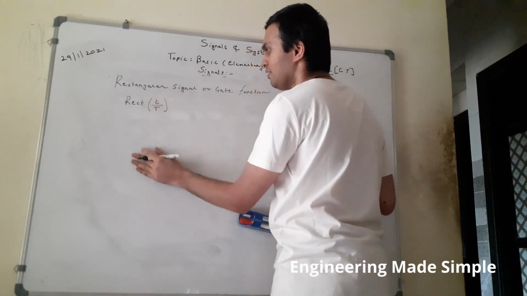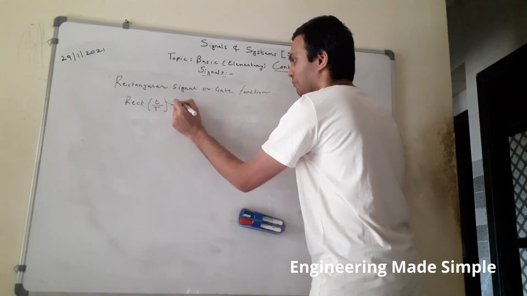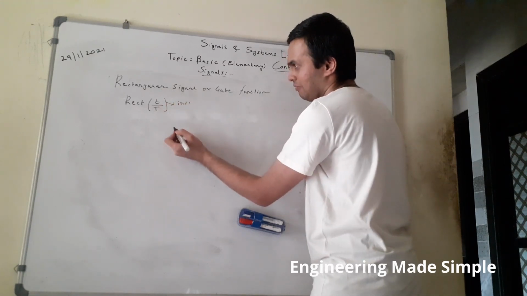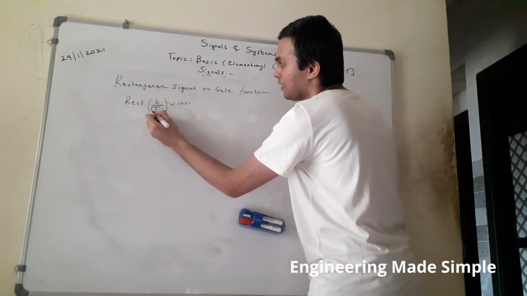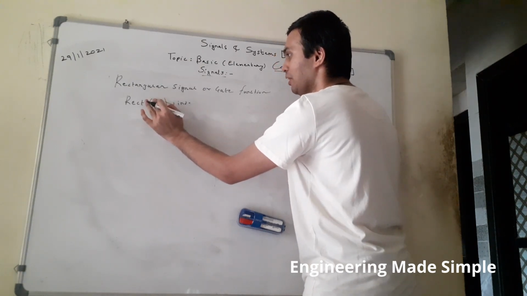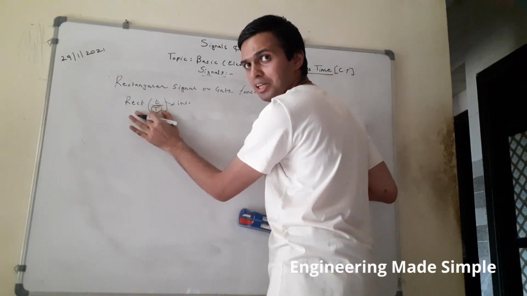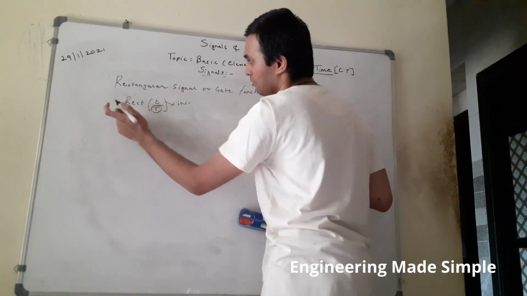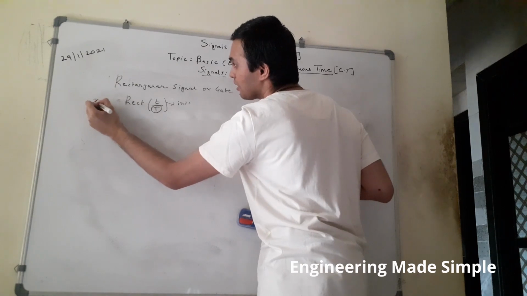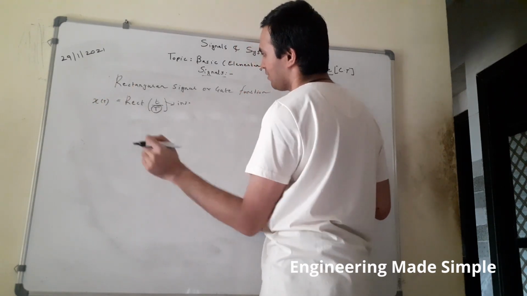Now remember this, in this case also the small t is your independent variable time, which denotes it is a continuous time variable. And the capital T is nothing but the duration of the signal. So your independent variable in this case will be small t, and capital T is used to denote the duration of the signal. Just note this small difference. So x of t is rect, where rect means rectangular signal.